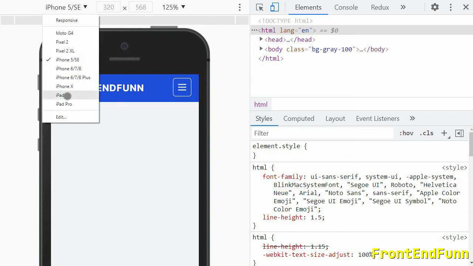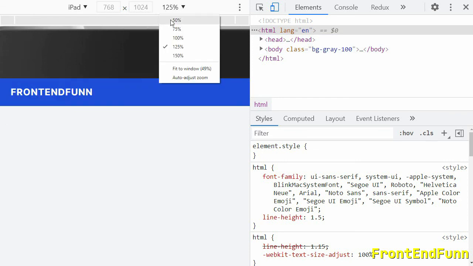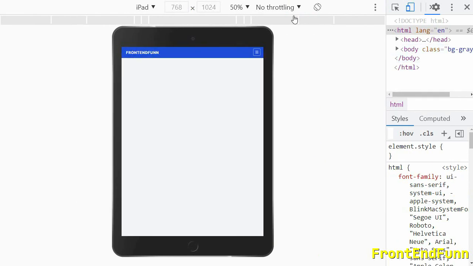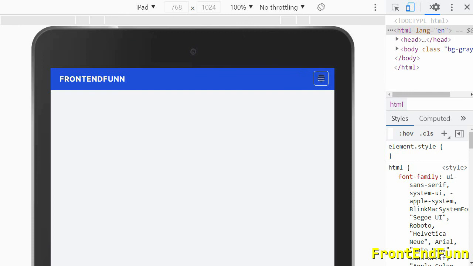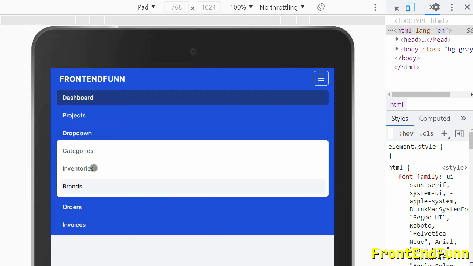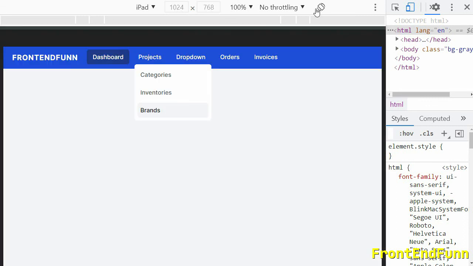So when you go to the iPad mode, and let me make this as 100%, you can still use the drop down menu, and on large screens